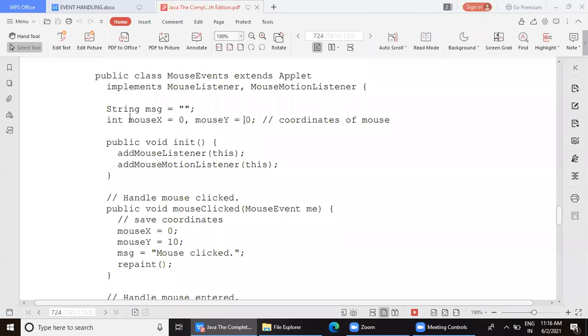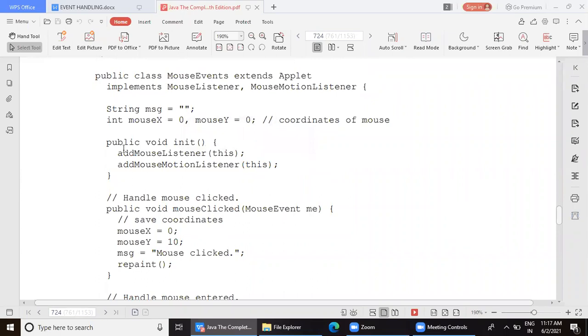In the previous program, we had initialized them to some value, because in the keyboard program the location where we wanted to display the message was fixed. Here, the location is not fixed, because as and when we move the mouse cursor, these coordinates are going to take their values accordingly. Fine. So that's why initially they are initialized to 0, 0.